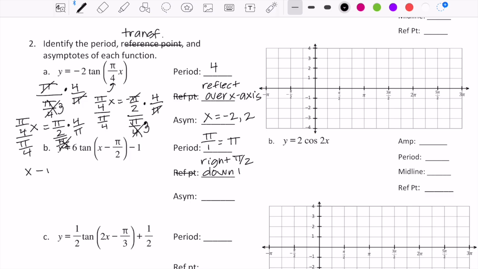So x minus pi over 2 equals -pi over 2, and x minus pi over 2 equals +pi over 2. And then I'm going to add pi over 2 to both sides, and then I'm going to get x equals a -pi over 2 and a +pi over 2 just gives me 0. And then when I do that to the other side, or the other equation,